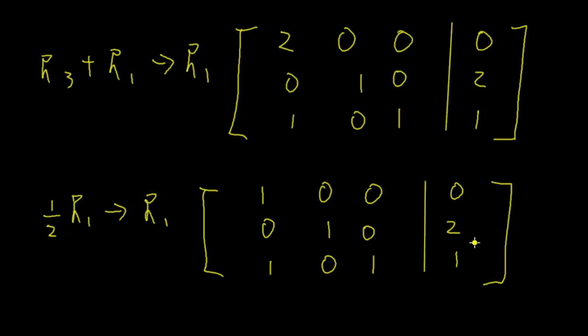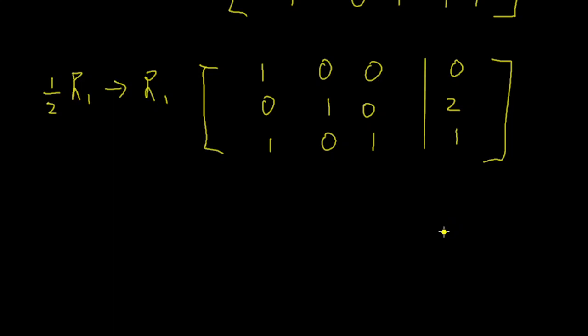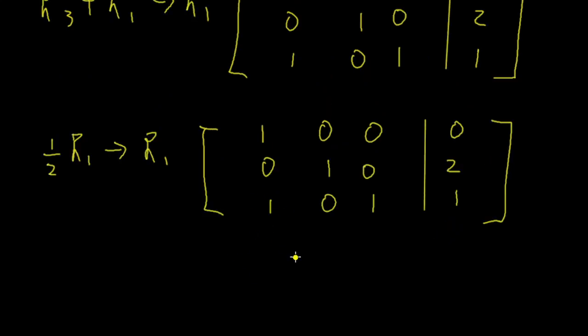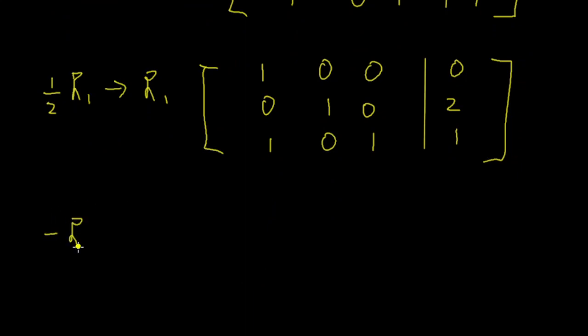Now there's only one more thing left to change, just this one here. So how do I do it? Really easy. Because all of this in row 1 is 0, all I need to do is multiply row 1 by negative 1. So only this will become negative 1, and I add to this row, and I can make this 0 without changing any of this. So negative row 1 plus row 3, replace with row 3. So row 1 and 2 will not change.